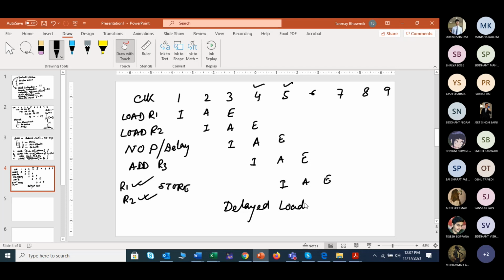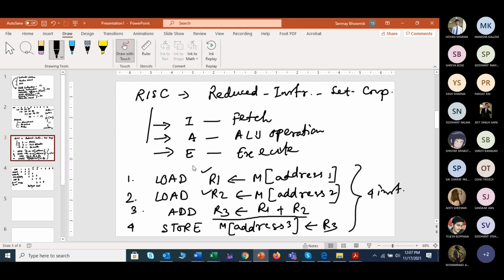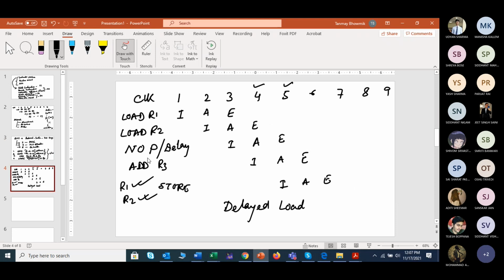When it was an offline exam, it was quite easy for us. We just wrote one sentence explaining delayed load, and we gave this type of instructions. Now we give the question like: explain delayed load with reference to these instructions. So simply you will write all these 4-5 steps and take this.